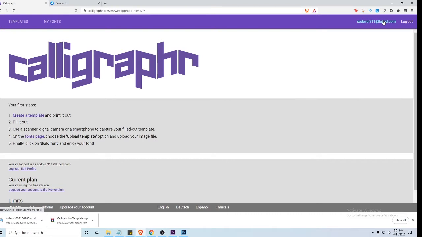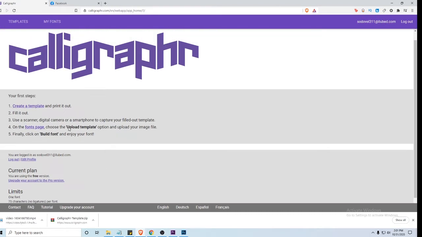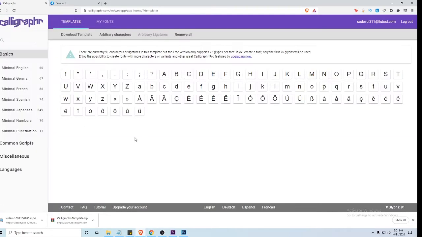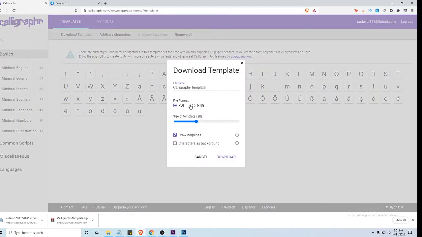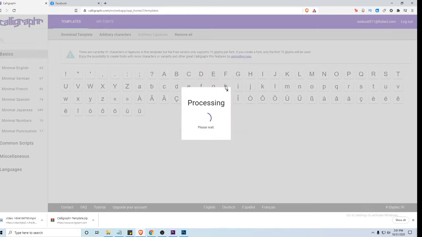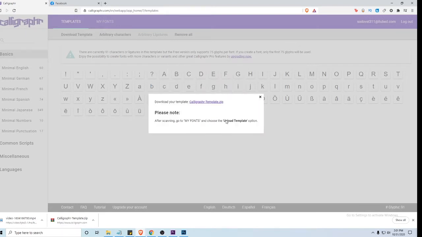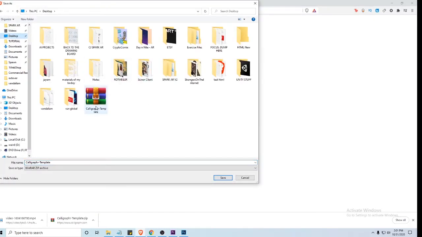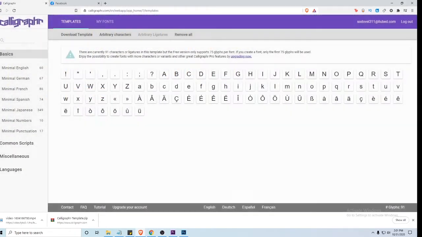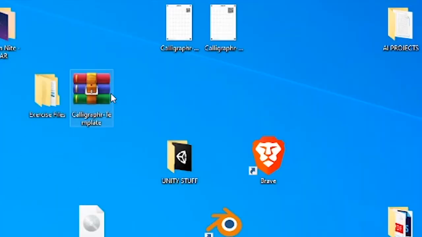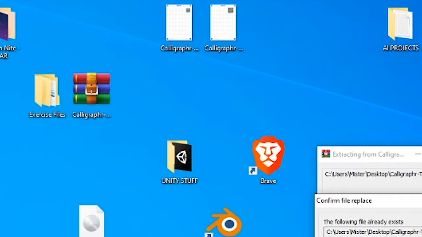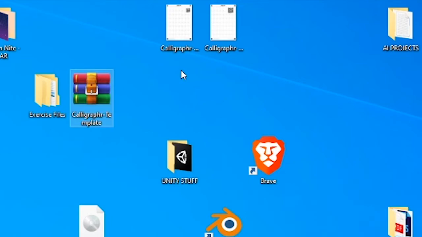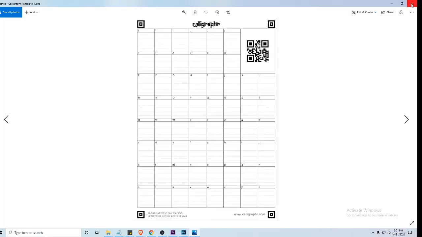You make an account, and once you've got an account set up, this is what the home page looks like. You go over to create a template, download template. I chose PNG. Hit download, and then you'll have this zip file, and you can just download that and it'll be on your desktop. So once that's on your desktop, you go over here, extract it, and then let it do its thing. Once that's extracted, you'll have these two files,